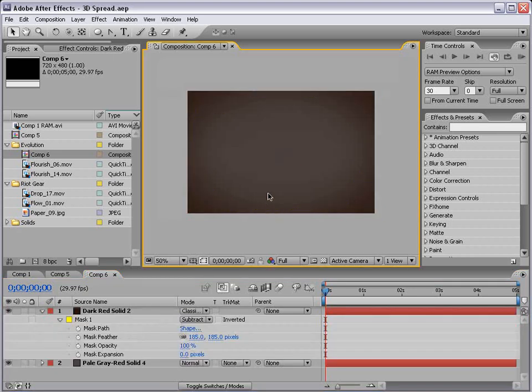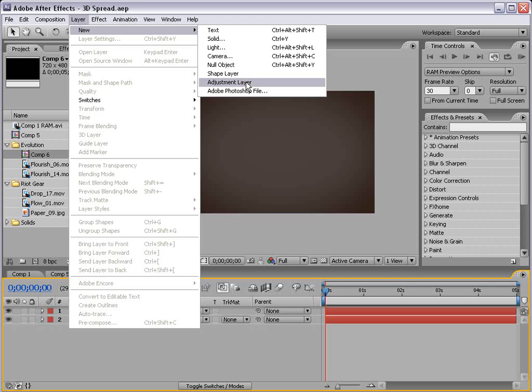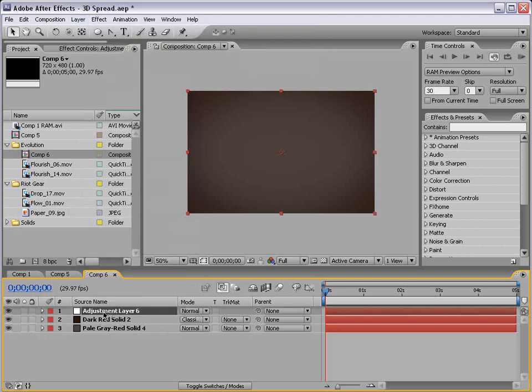Now, before we get into the main part of the design, I actually want to show you another cool way to use some of the Evolution elements to create cool patterns and backgrounds. So what I'll do is create a new adjustment layer, and I'm going to move the adjustment layer just below the vignette, and